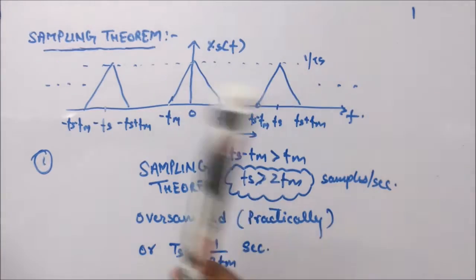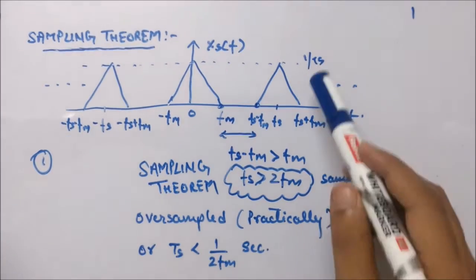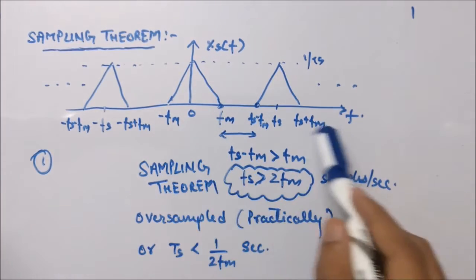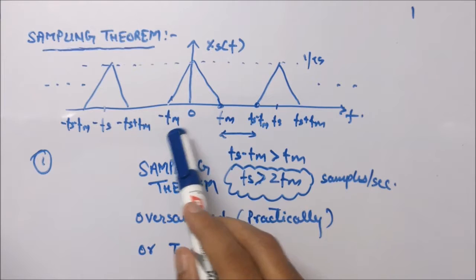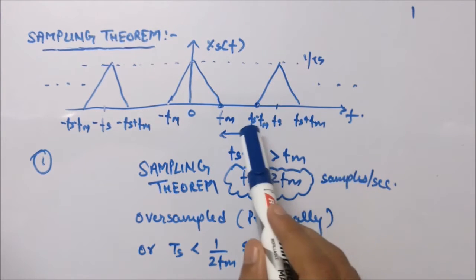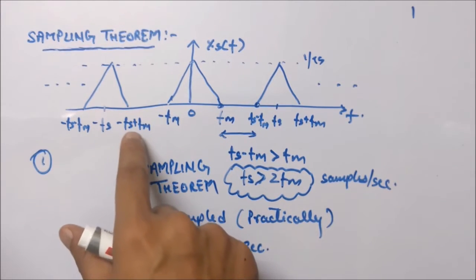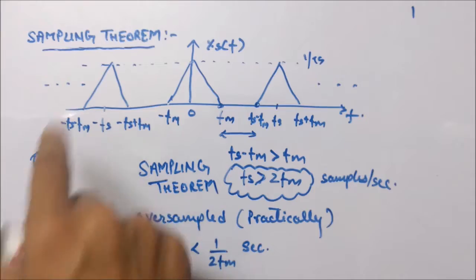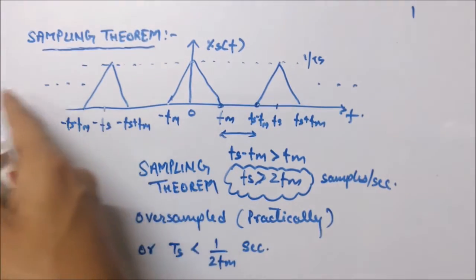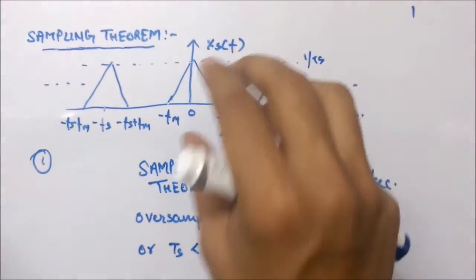This is the frequency response of the sampled signal that we had, with amplitude 1 over Ts. You can see the frequency axis: minus fm, fm, this is fs, the center point, fs plus fm, fs minus fm, this and this point. Similarly here, minus fs plus fm, minus fs minus fm. And the center point is minus fs. Likewise it goes on and on in both directions. So this was our sampled signal.